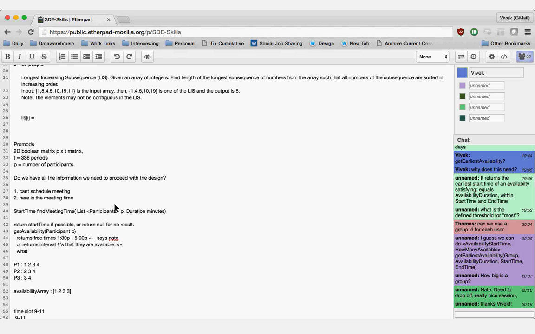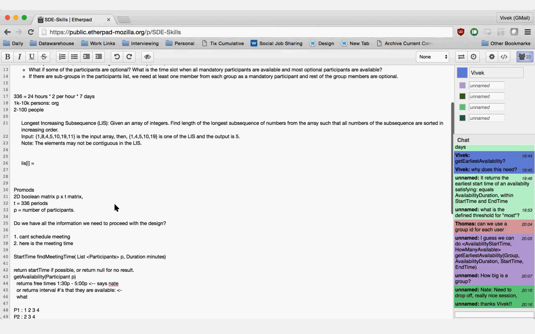What does longest increasing subsequence mean? I'm not getting that part. Longest increasing subsequence implies that if I pick elements from the array and keep them in the same order, like I pick the first element, fifth element, ninth element, in the order in which I picked, those numbers will have to be increasing from the first element to the greatest element. So in the example in the Etherpad, 1, 4, 5, 10, 19 would be an increasing set, because if I do 1, 8, then I can't pick 4 and 5 after that. Does that make sense? Okay.